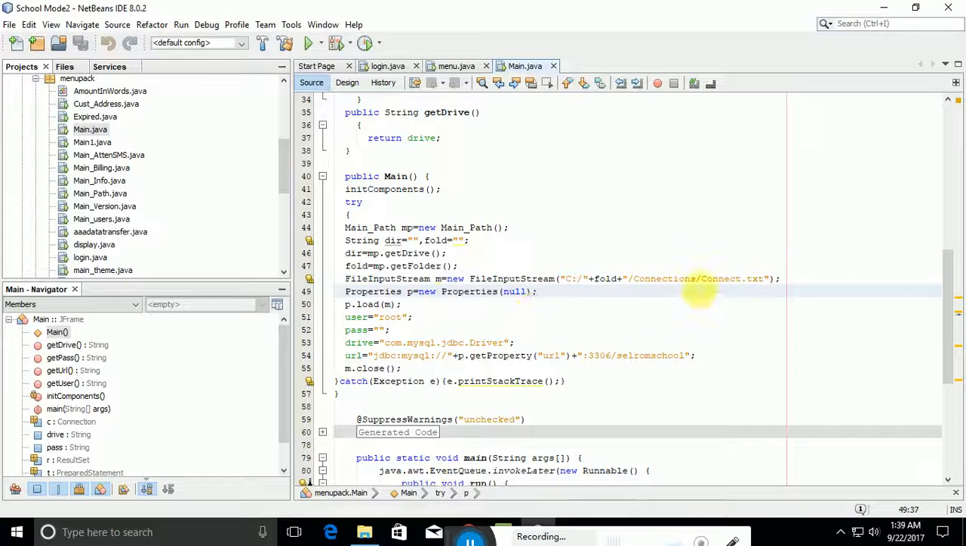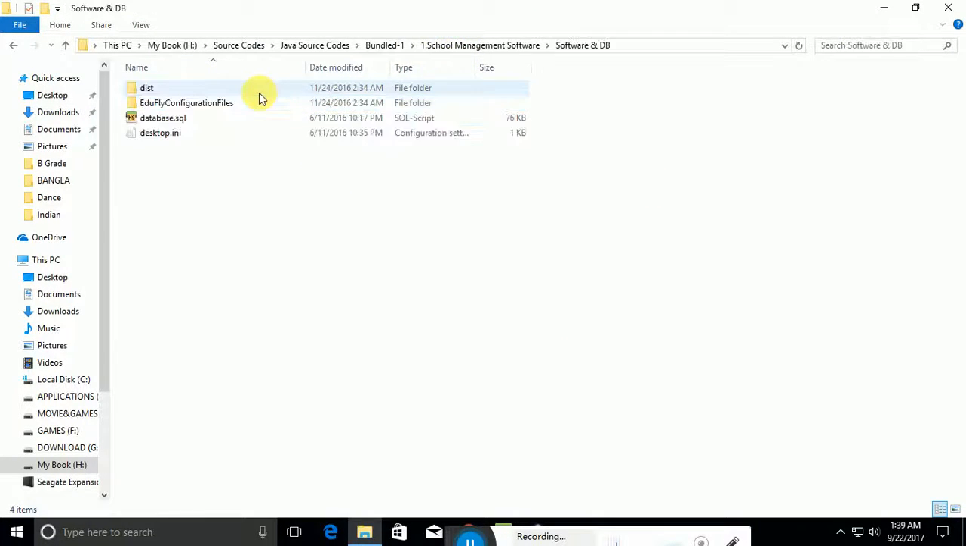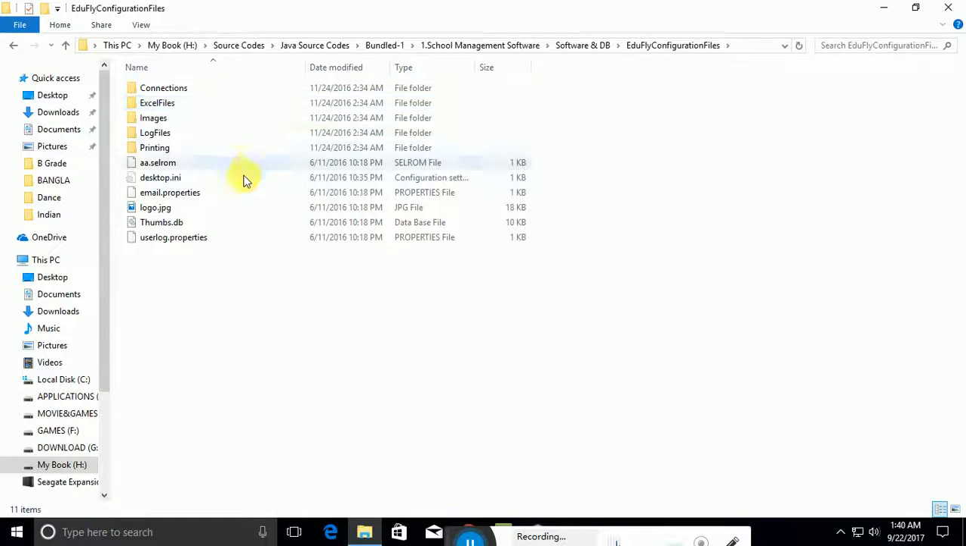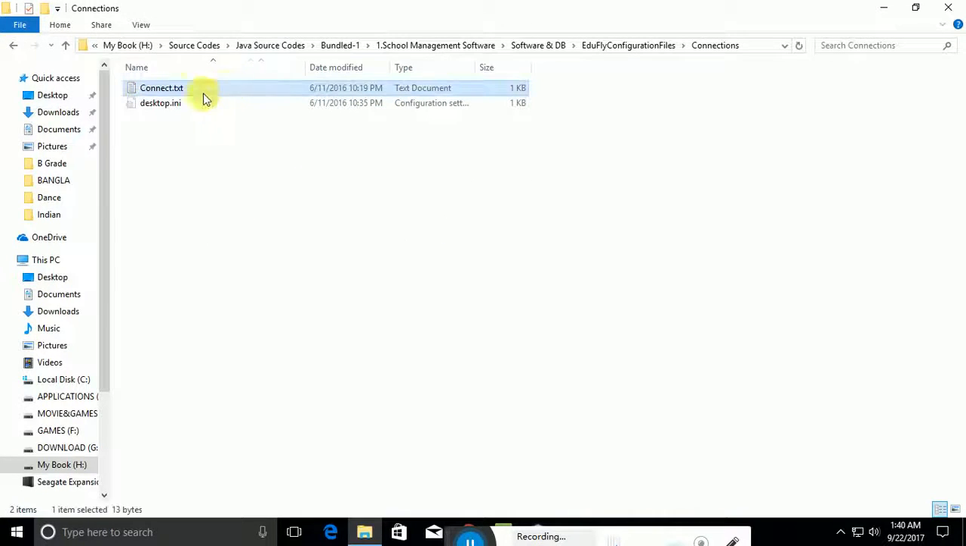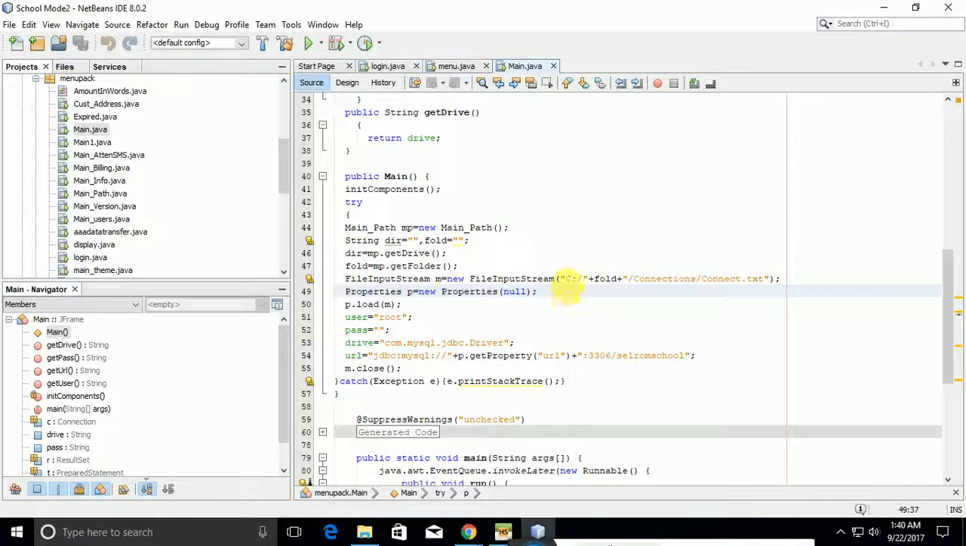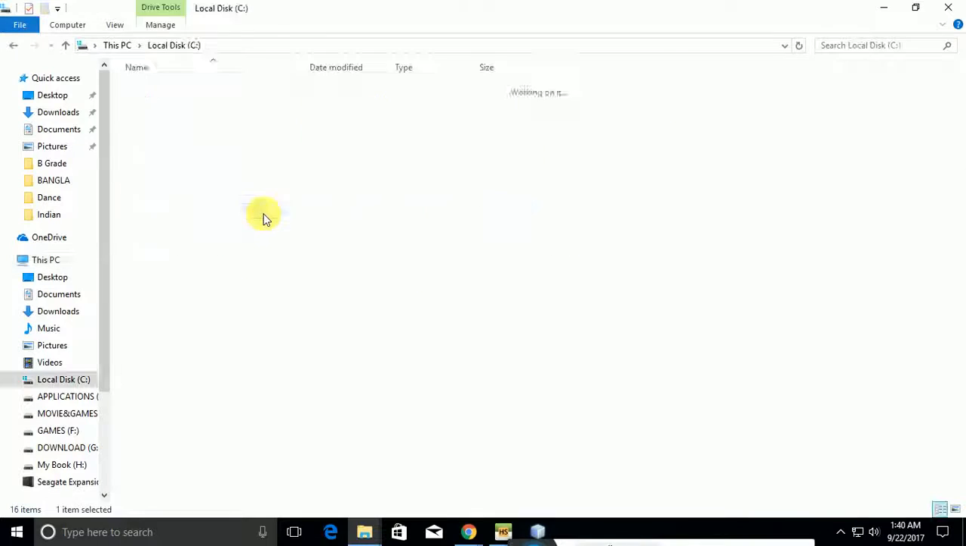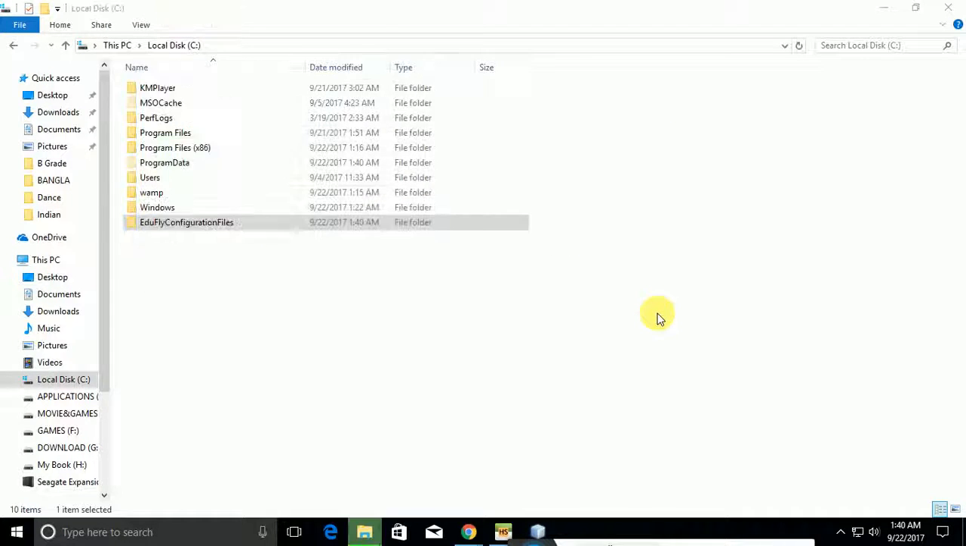Now this is the connect.txt file. What is it? It is the connection file. You have it in the software and DB folder. Look, you have the edufly configuration file. Inside it you will have the connection folder, and this is the connect.txt. You don't need to do anything with it, just copy it. Like it says, the path is C:, so you have to go to the drive C and just paste it, nothing more. Okay,